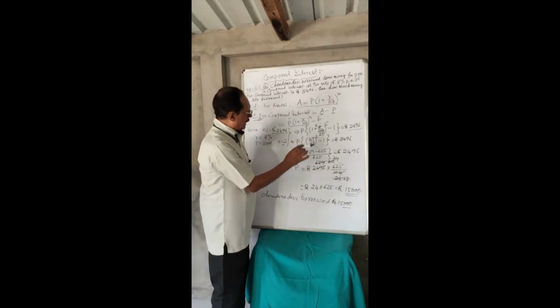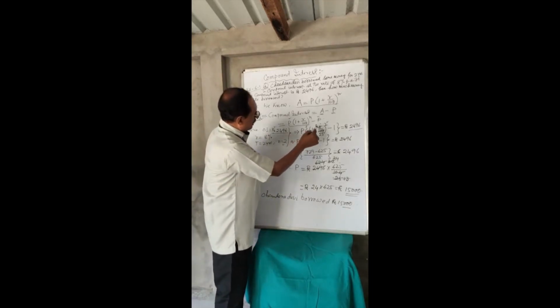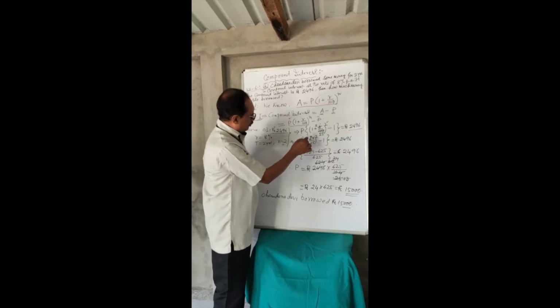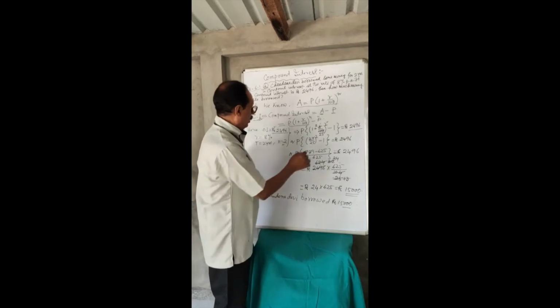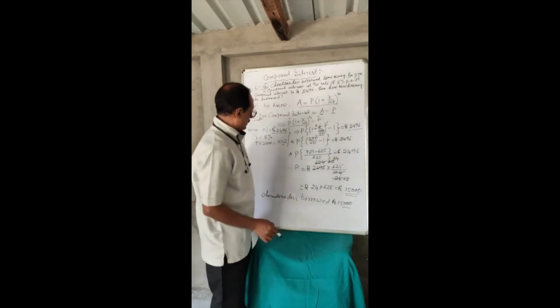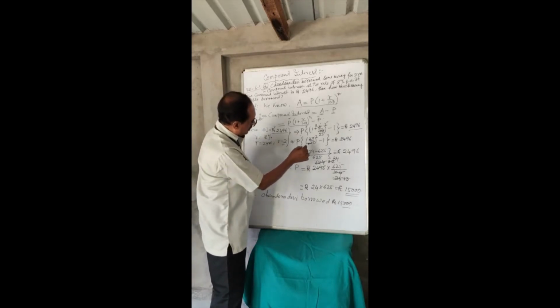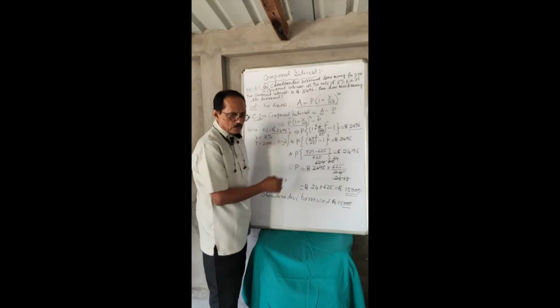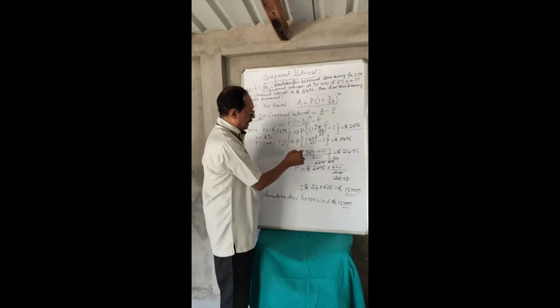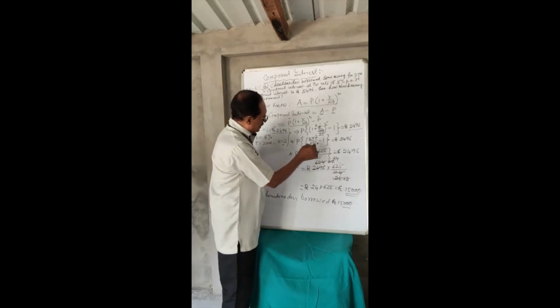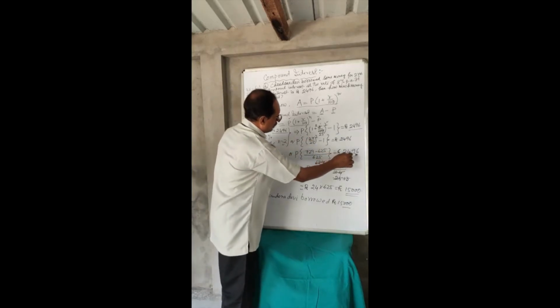Now calculating, P is there, we are cutting 8 and 100 by 4, so 2 and 25. Simplifying, we get P into ((27 by 25) whole square minus 1), which is equal to rupees 2,496. So P is common. We are simplifying: 25 square is 625, and 27 square is 729, minus 625, which is equal to the compound interest given.